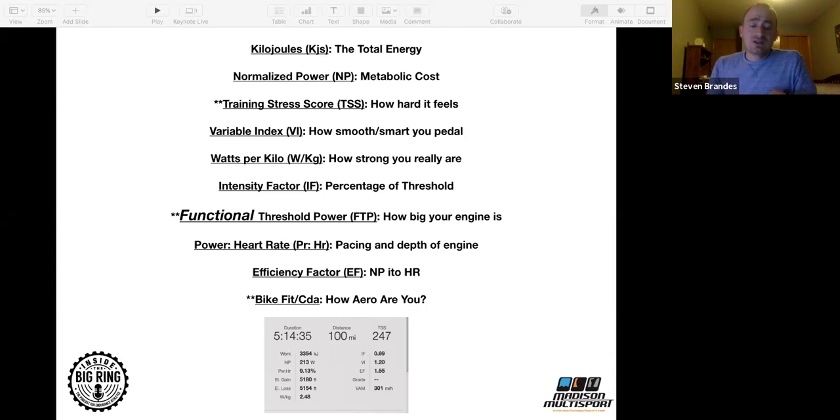When I was living in Asheville, I spent a lot of time in the wind tunnel. Not personally, but we would get hired and we would go to the A2 wind tunnel. It's not really in Asheville, but they call it that. When somebody goes from any aero position on the bars to popping up onto their brake hoods and sitting up, the drag numbers went up massively. So if you always have to pop up and stretch your back and you can't hold your aero position, then the position's no good.